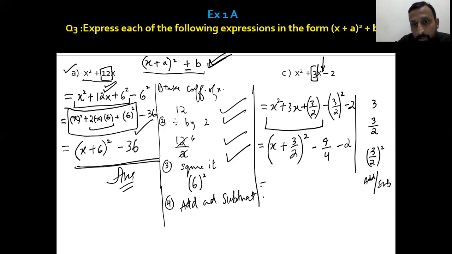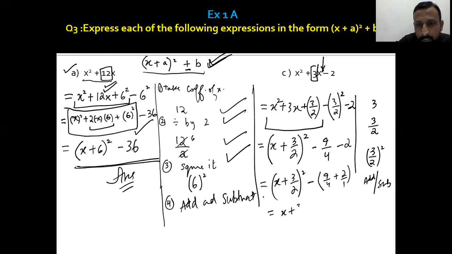All right, so let's simplify the other part. So we have x plus 3 upon 2 the whole square. We can take out a minus sign common. Now we can take LCM over here. 9 upon 4 plus 2, so it's 2 upon 1. So we can take the LCM. x plus 3 upon 2 the whole square,